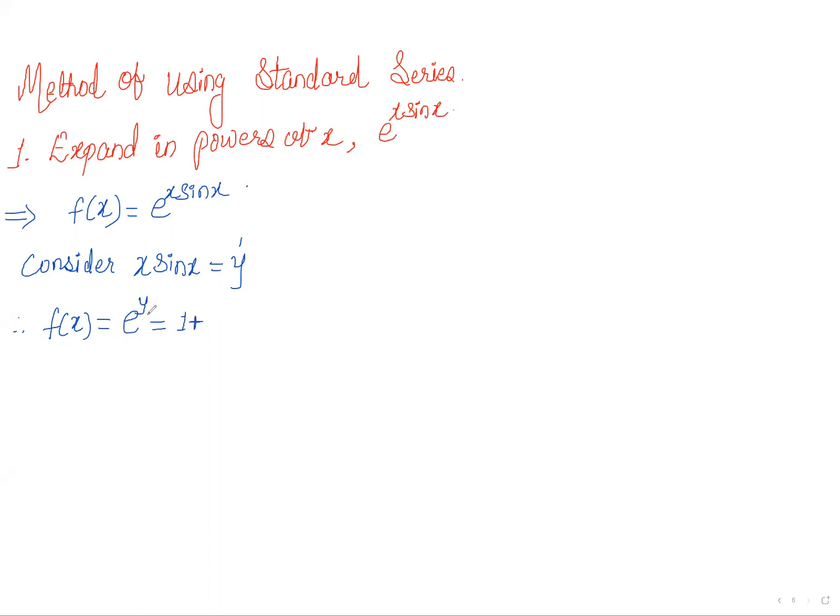या ठिकाणी e raised to x चे एक्सपान्शन माहिती असायला पाहिजे. आता इथं मला ते बाय हार्ट आहे, e raised to y किंवा e raised to x चे एक्सपान्शन. सो 1 plus x square by 2 factorial plus x cube by 3 factorial plus x raised to 4 by 4 factorial and so on. फक्त या ठिकाणी आता x च्या ऐवजी y आहे, सो इथं प्रत्येक ठिकाणी मी y घेणार. जस्ट मिनिट म्हणजे इथं मी तुम्हाला आधीच सांगते इथं मग आपण